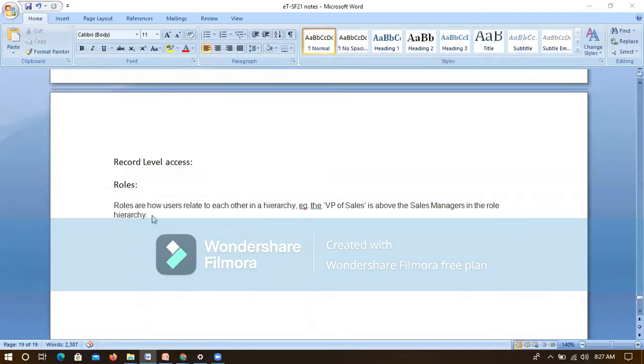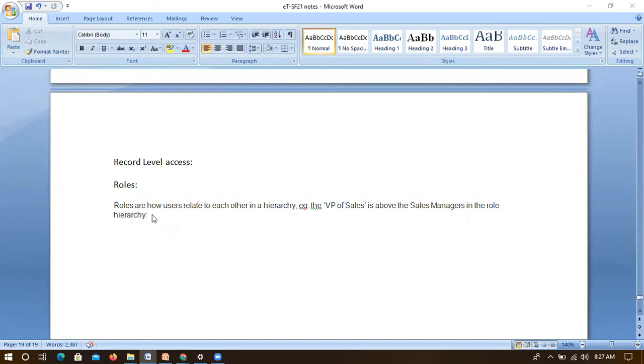So what we were discussing: we have seen profile creation, and permission set creation and their assignment, and now we are going to roles, because we want to set record level access. If I want to set record level access, we have to go with the role based. Either roles, or public groups we can create, or queues we can create, so that multiple users can access those records.